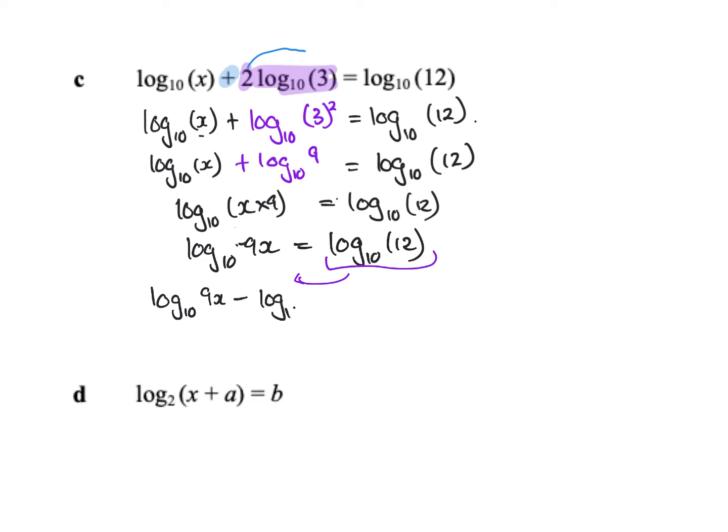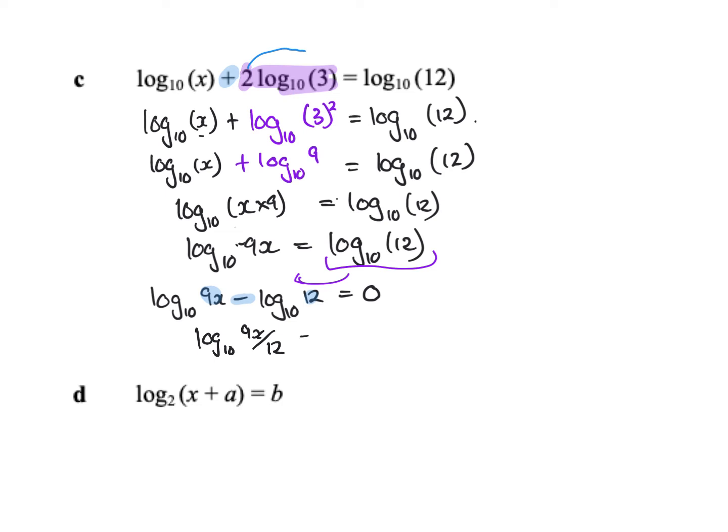So now I've got log 10, but because I moved that over, I'm left with nothing on that side. The rule is when you are minusing, you divide these numbers. So you write the log out: log 10 9x divided by 12